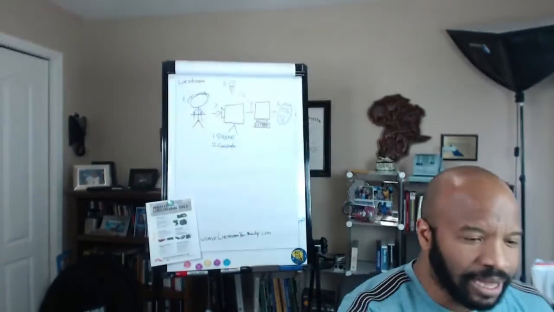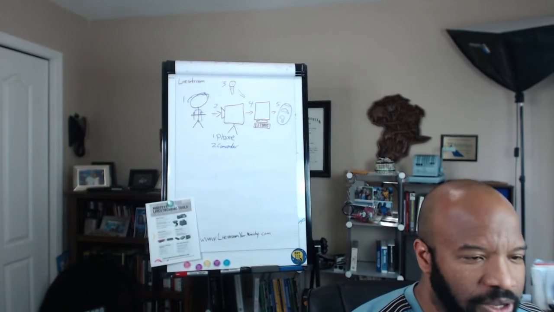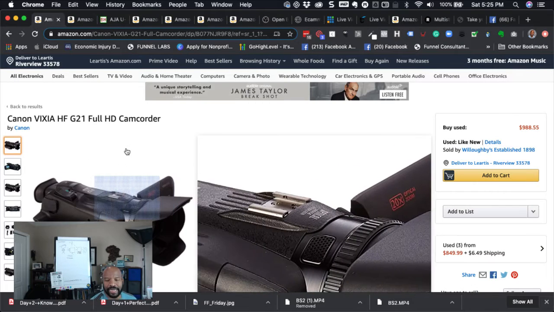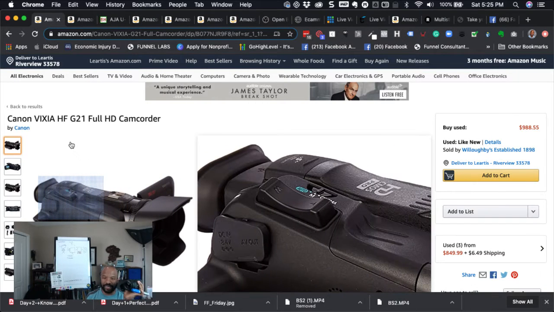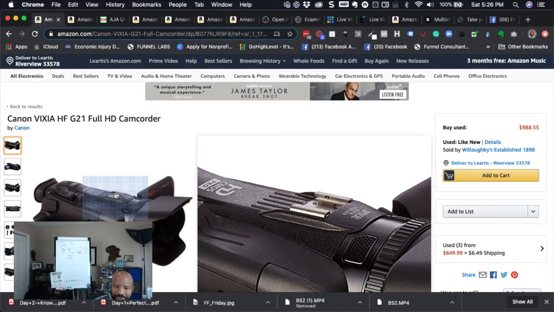So if I'm at the computer here, one option that I like is similar to what I'm holding up. I have the G30, but the G21 is a very similar camera. They have a clean HDMI.